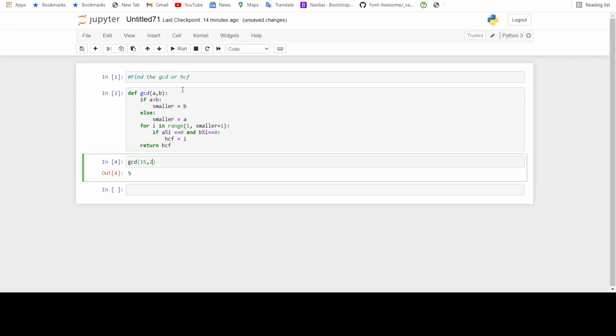Let's take a prime number. If you include any one of the prime numbers, or both, the GCD will always be 1, because there will be no other common divisors for prime numbers. If any one or both of the numbers is prime, automatically the GCD will be 1. For other composite numbers, like 15 and 20 here, the GCD will be given accordingly.